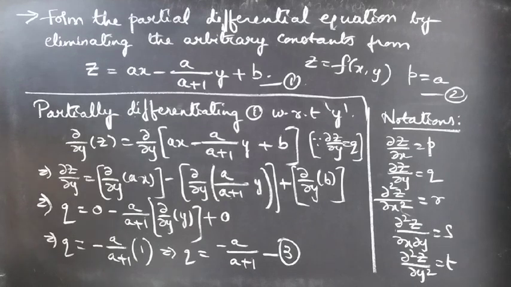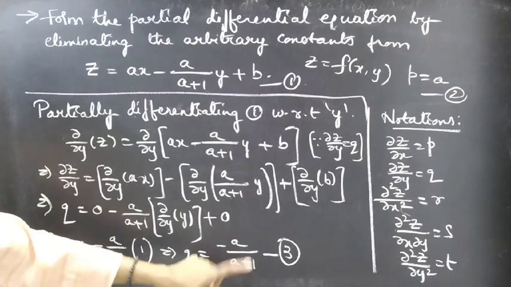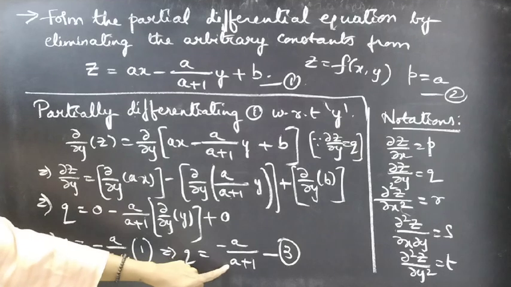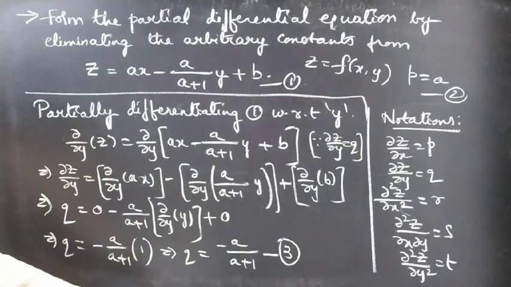So now observe p and q. We have p equal to a and q equal to minus a by a plus b. That is from 2 and 3. We have p equal to a and q equal to minus a by a plus 1, right? So just from 2 and 3 what we'll do is,